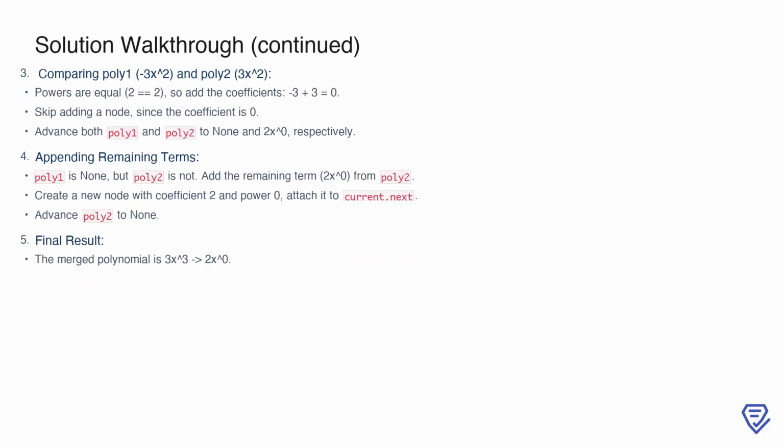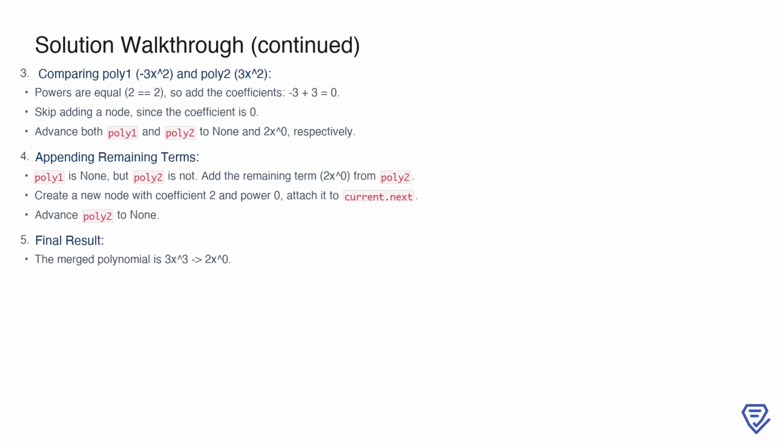Next, we compare -3x² from poly 1 and 3x² from poly 2. Their powers are equal, so we add the coefficients, -3 + 3 = 0. Since the result is 0, we skip adding a node and simply advance both poly 1 and poly 2 to their next terms. At this point, poly 1 becomes None, but poly 2 still has one remaining term, 2x to